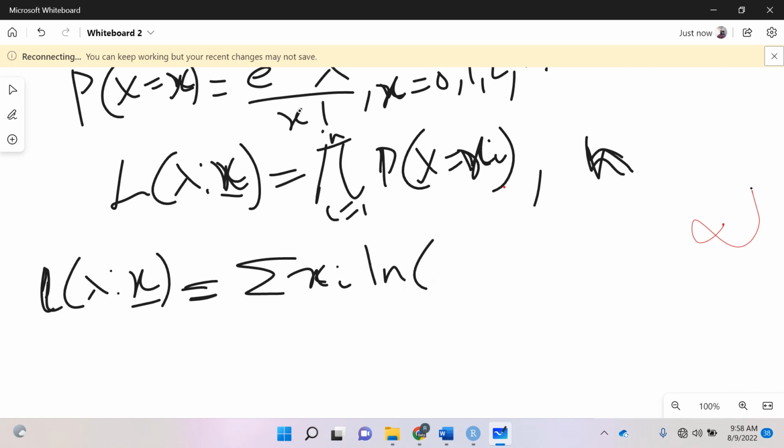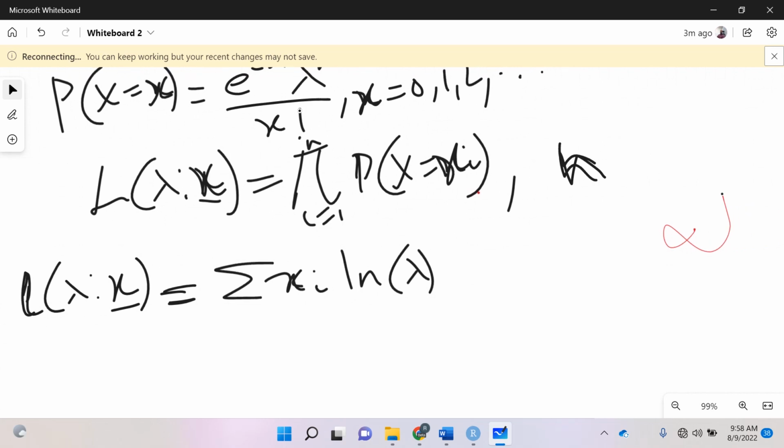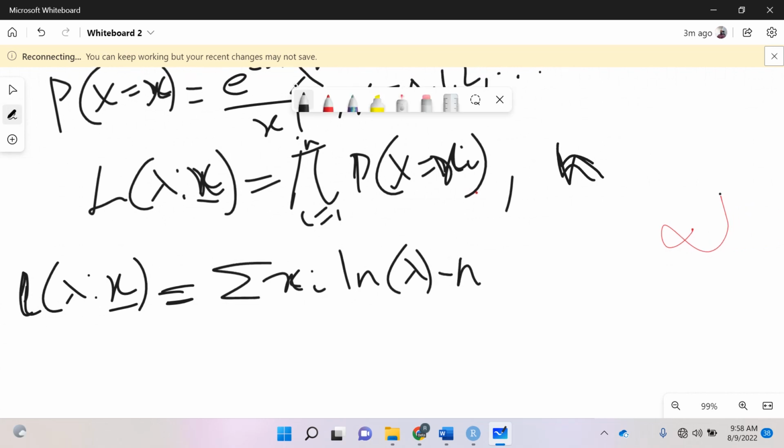then ln of lambda, minus n lambda, minus sigma ln of x factorial. Actually xi factorial, because each of these should have i, so xi factorial. Now, if you look at this, remember that in your estimation class, the theoretical classes,